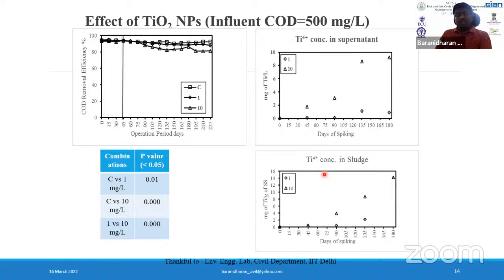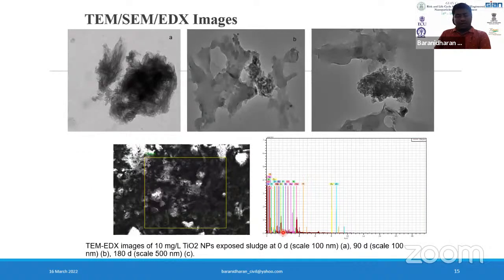When exposed, the percentage reduction in COD was found to be around 83%, which was after 105 days. And then again, for 10 milligram per liter, it was found to be around after 75 days, or 50 days of exposure. So similar kind of analysis again with respect to titanium dioxide, when analyzed with respect to TEM